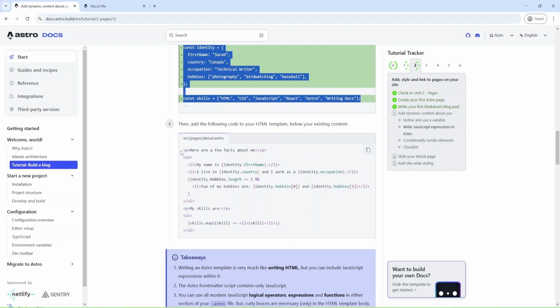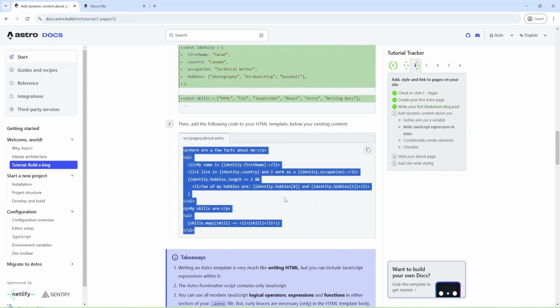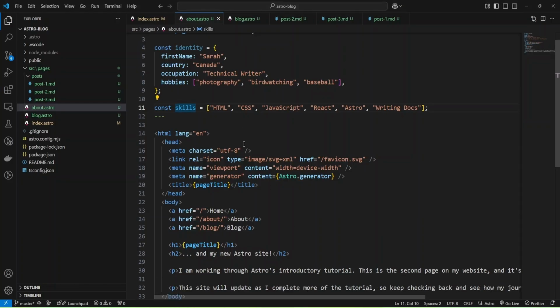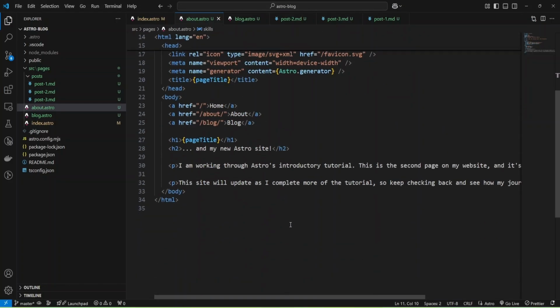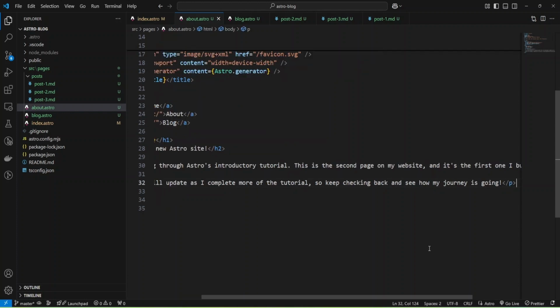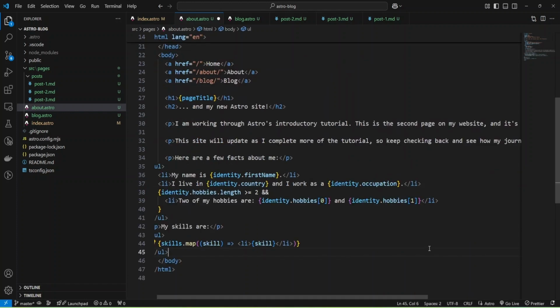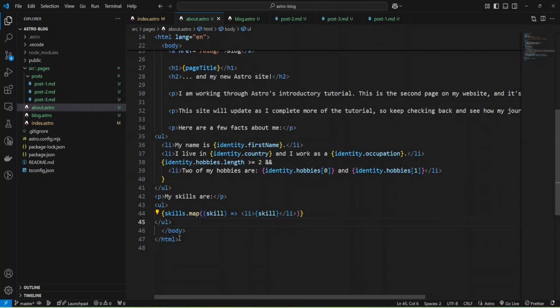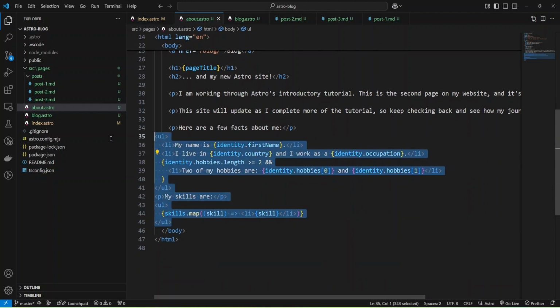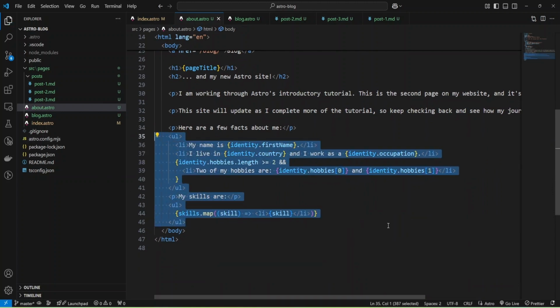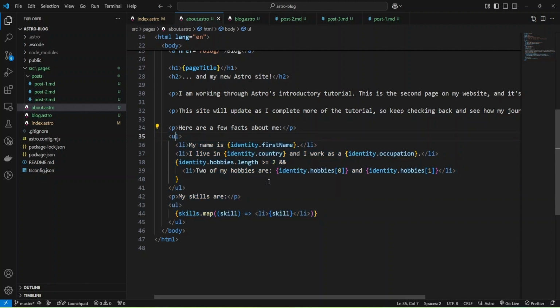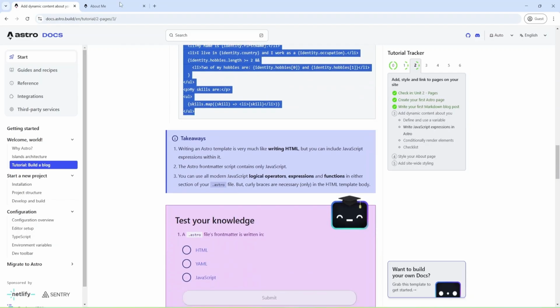Okay, and I'm going to copy this and provide it here. Okay, and I need to check and fix the format. Probably I need to add some auto formatter rules, but let's leave it as it is, and let's check.